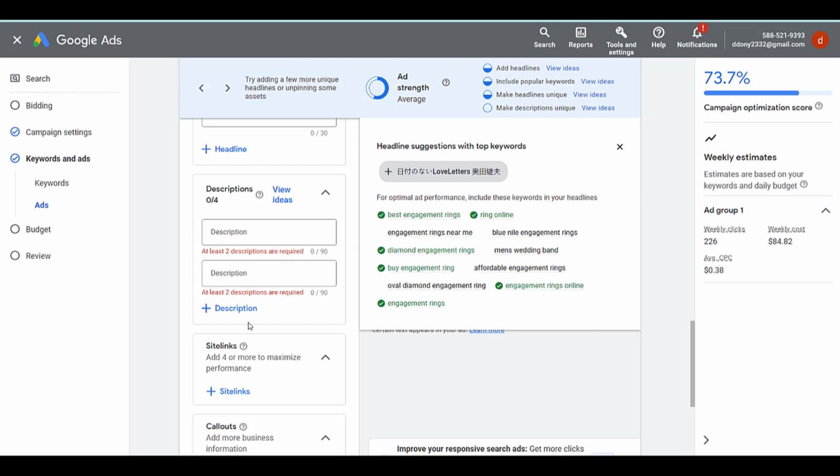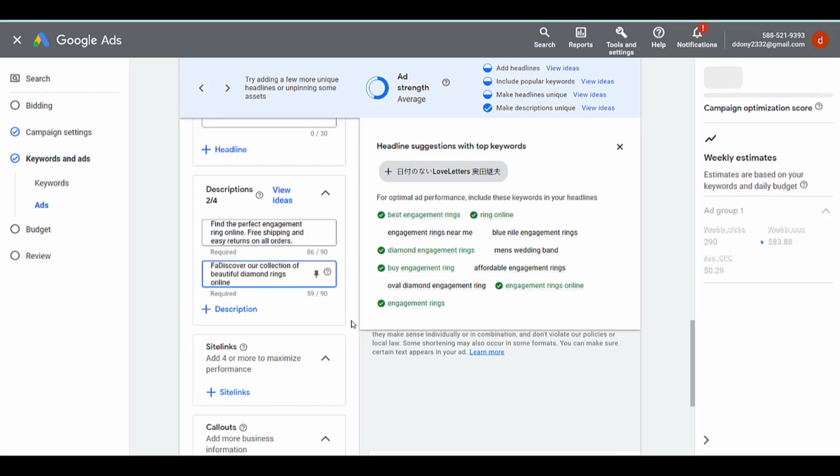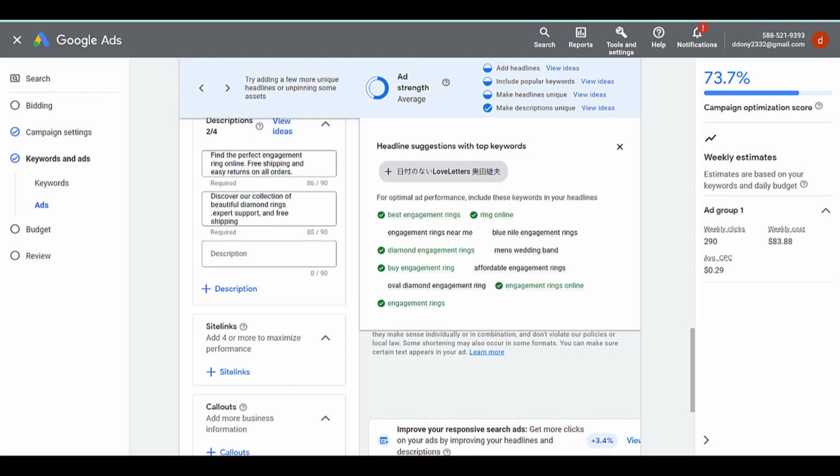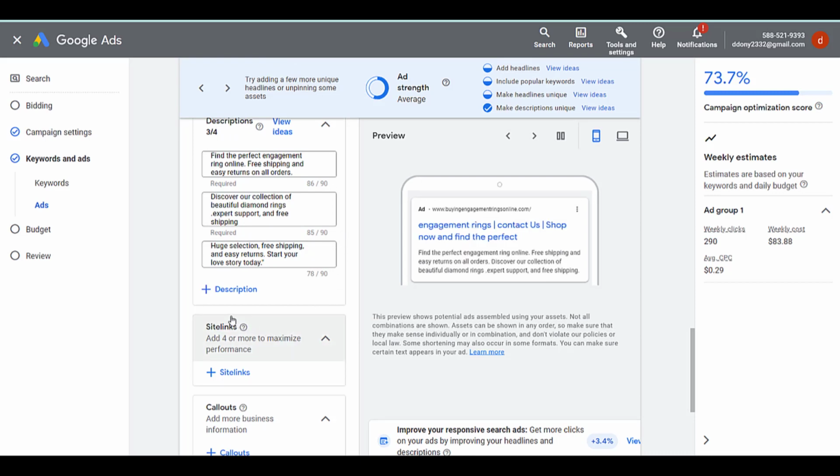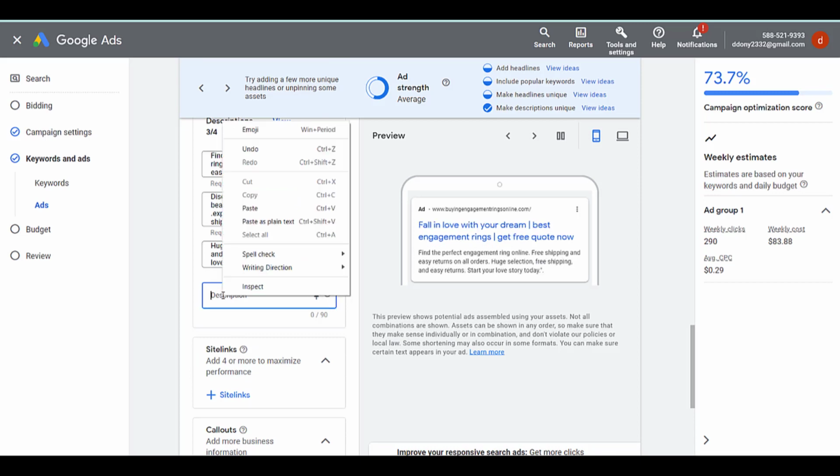So alright, just went ahead and filled in this ad description. You can put another description.